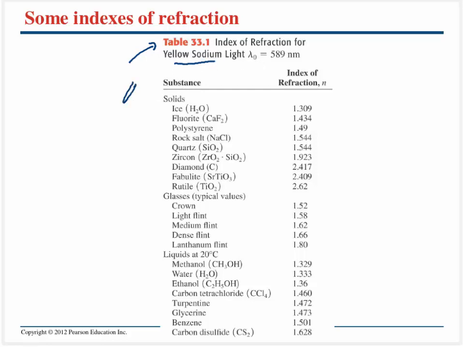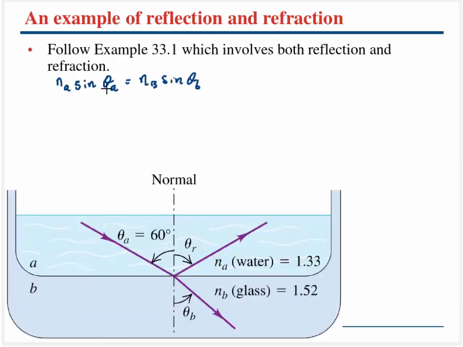for a whole bunch of different surfaces or substances. So you might want to take a note that this is going to be table 33. Index of refraction is going to change slightly with wavelength, but we don't particularly care about that in this class. So let's take a quick look at example 33.1, which is going to be asking, where is this light ray